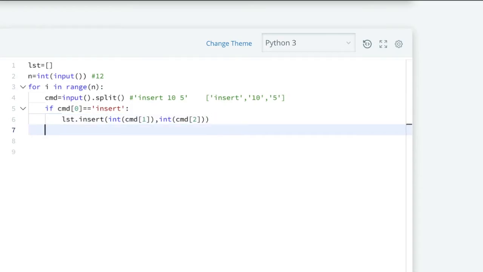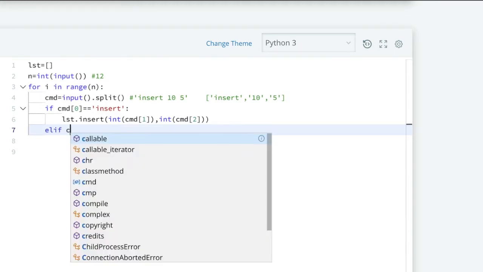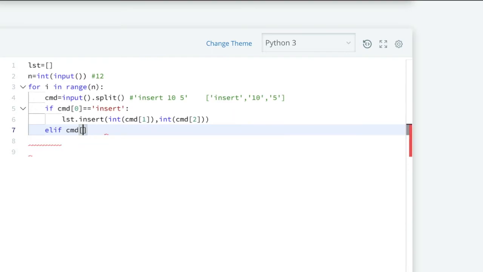So let us write another condition check, like if command of 0 equal to print. Suppose the user has given command print.